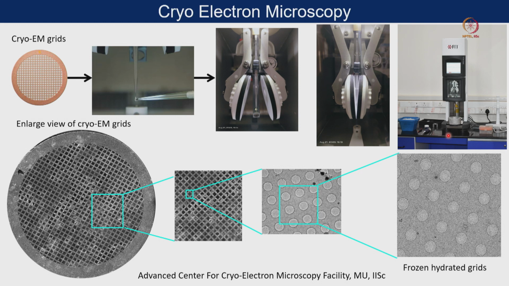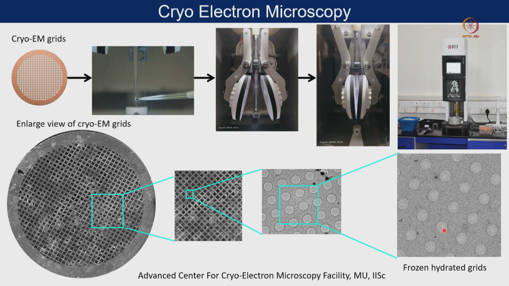That is one of the reasons we are using cryo-EM for structure determination, or if we want to study the morphology of any cell, it is better to use cryo-EM for that study. So next, when we have the cryo sample or cryo grids ready, in this particular case we have already frozen our sample, and our cryo grids are ready.